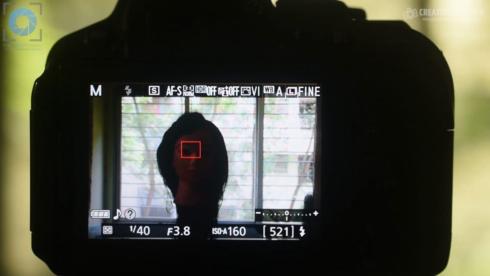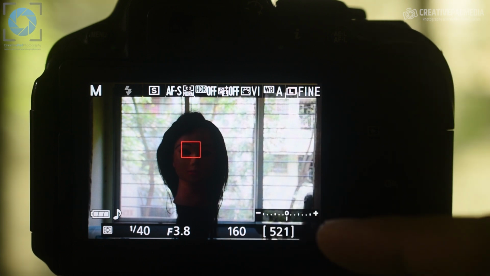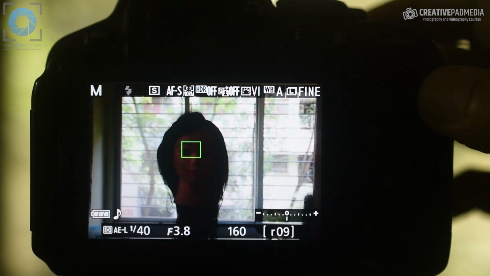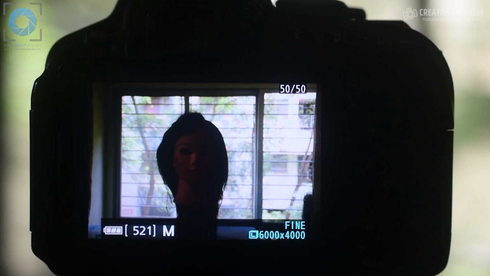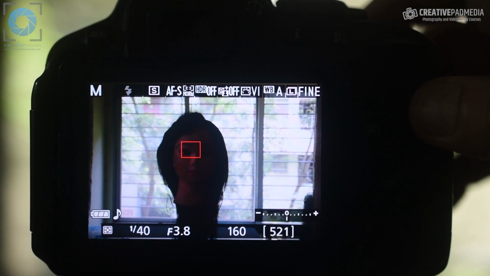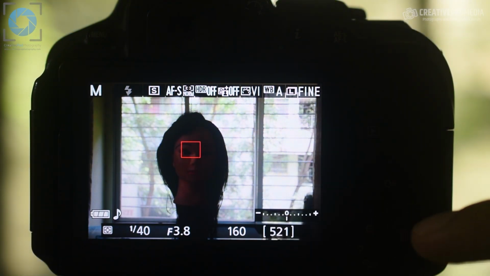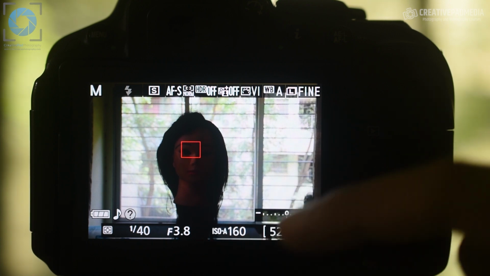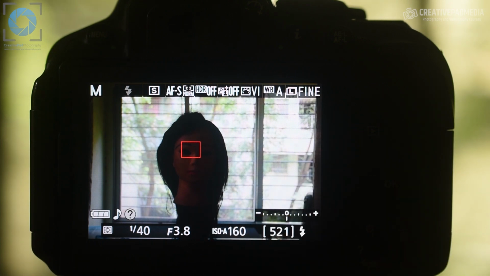But there is a way even on auto ISO that you can tell the camera that, listen, I don't want you to get the meter in the center because I'm not happy with this exposure, right? Because if you were to take this shot right now, you would get something similar to our first shot. So you can tell your camera that, listen, I'm not happy with this, right? And since there's no way to manually override this right now, because you can't do anything about the meter on auto ISO, since the camera is selecting the ISO on its own, what you can do is there's a function